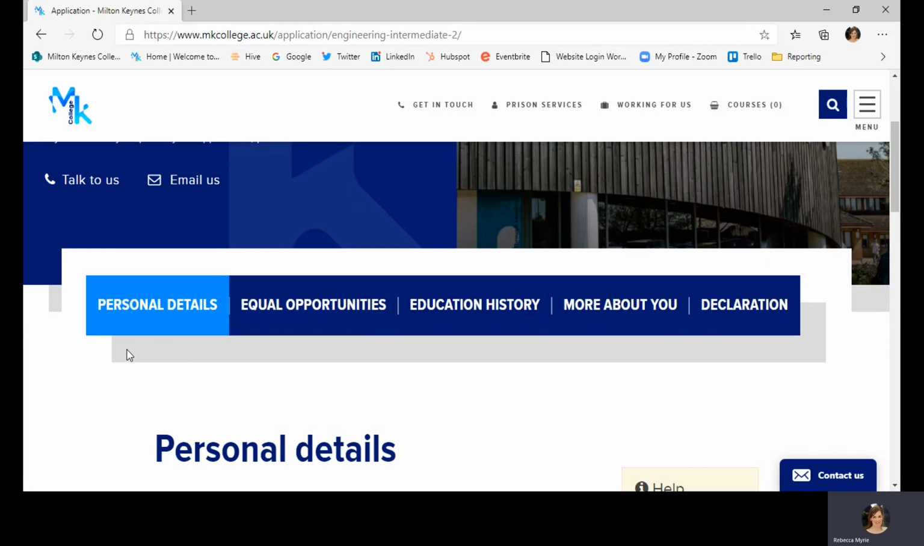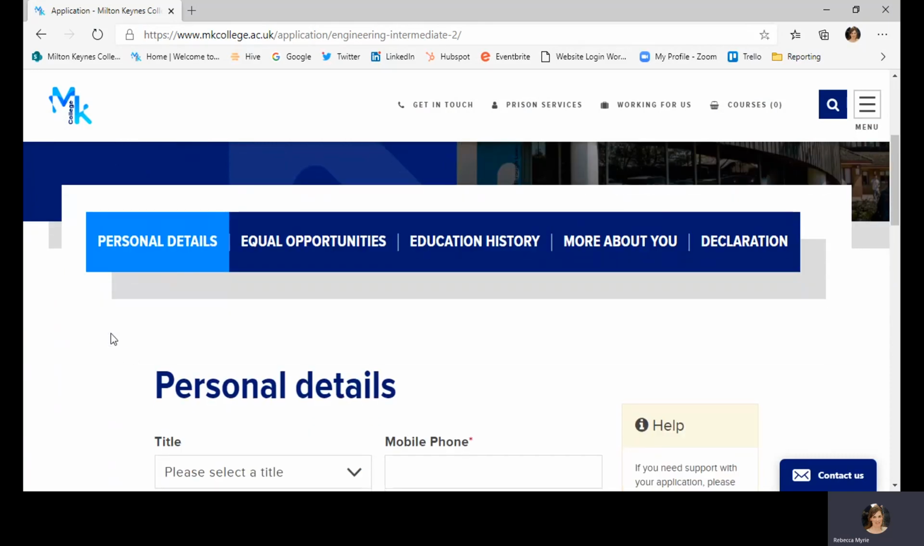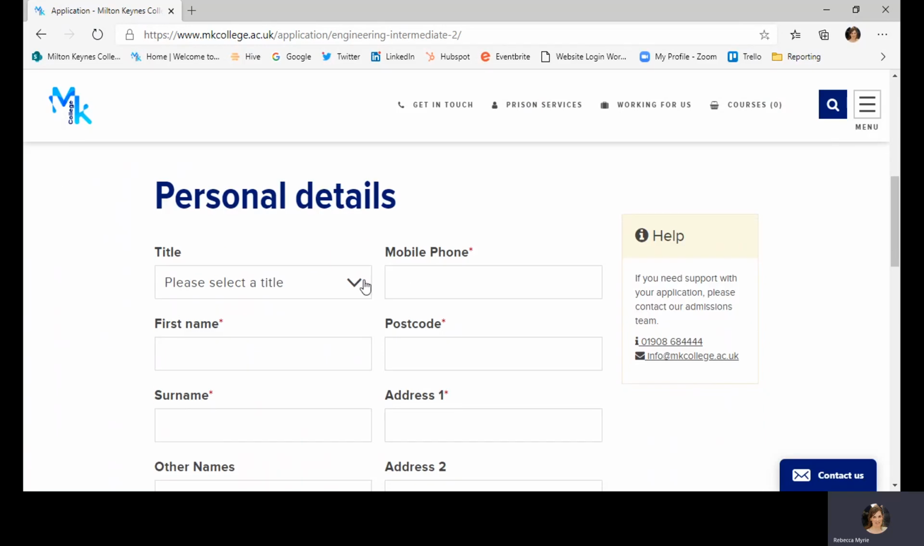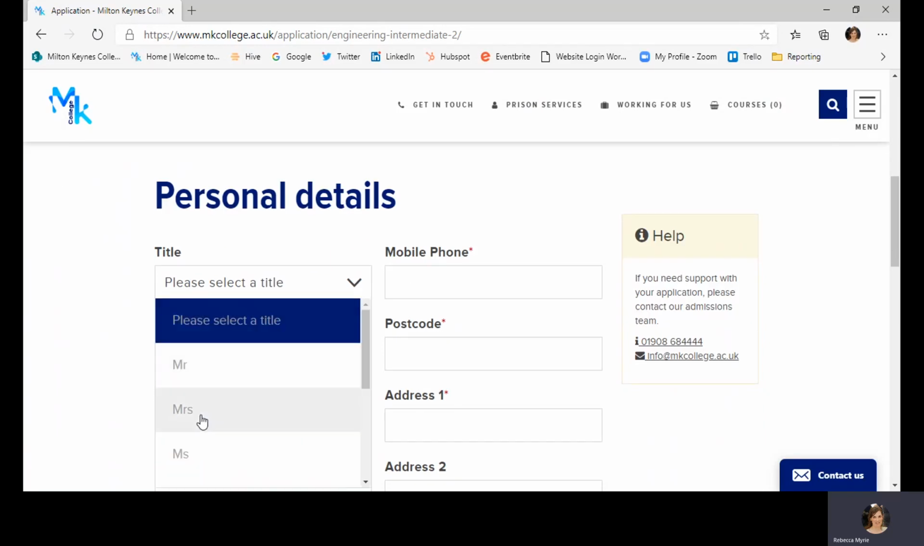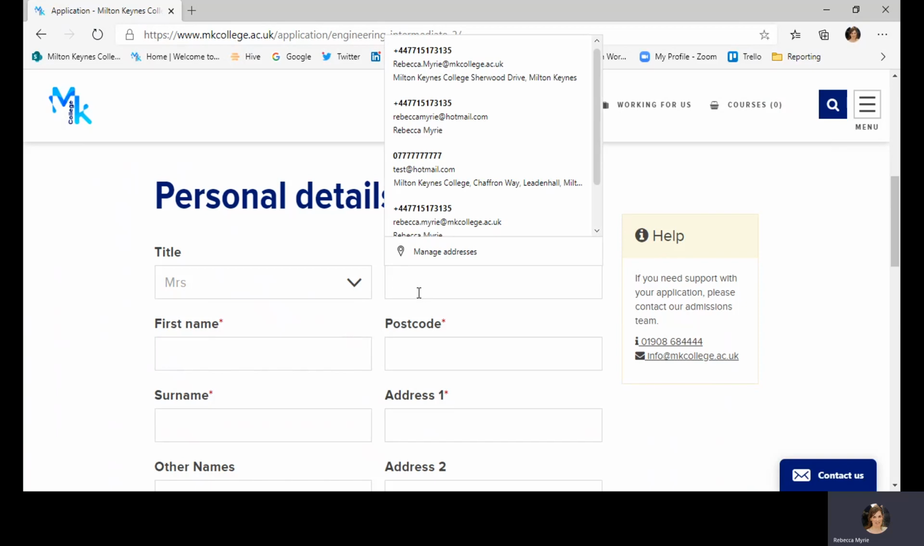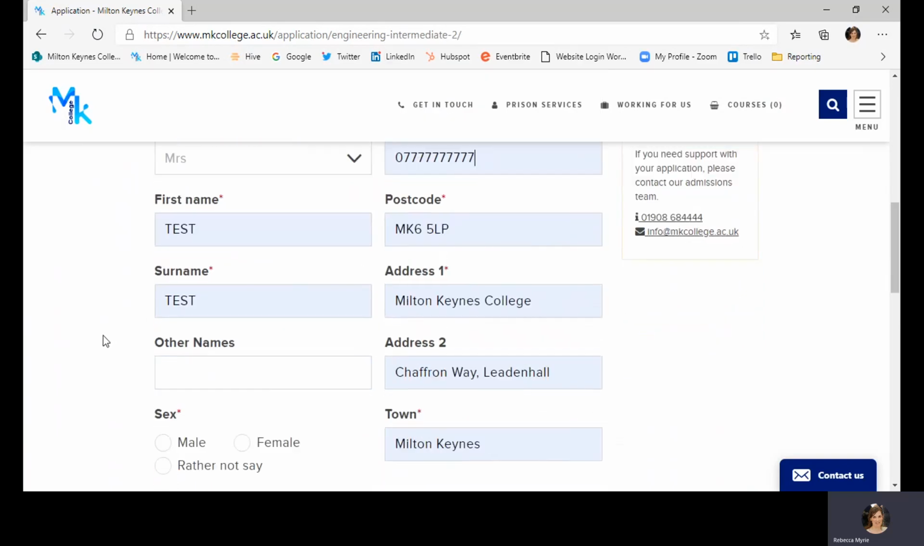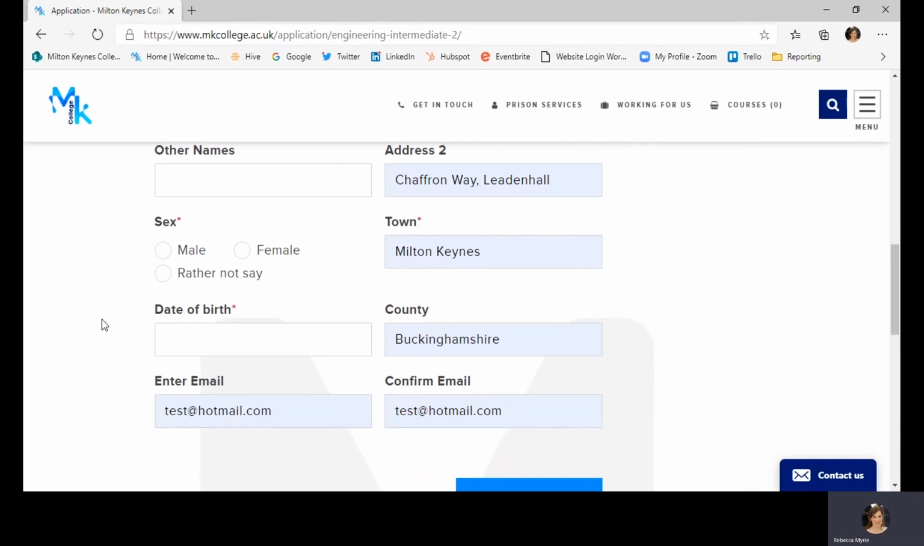This is all about you, so you should be the expert here. I'd just like to say though, please double check that the details you've put on here are correct, as this is how we'll get hold of you. So fill in these details here, put your mobile number, put in your gender, your date of birth,